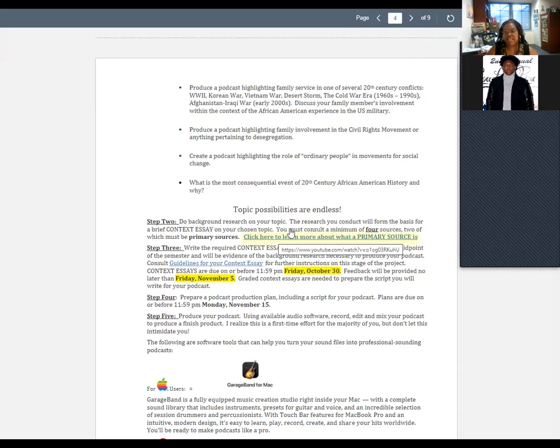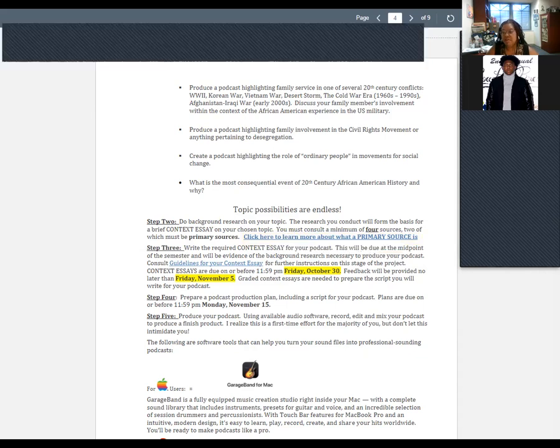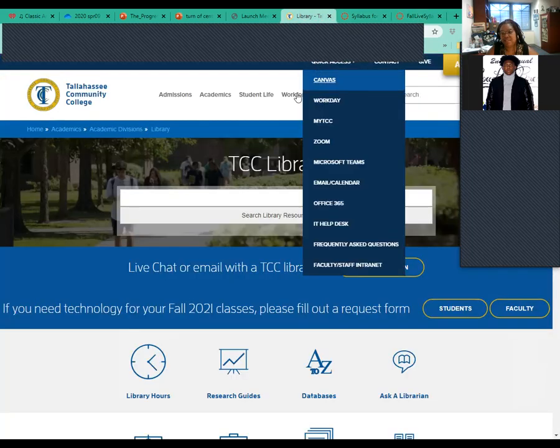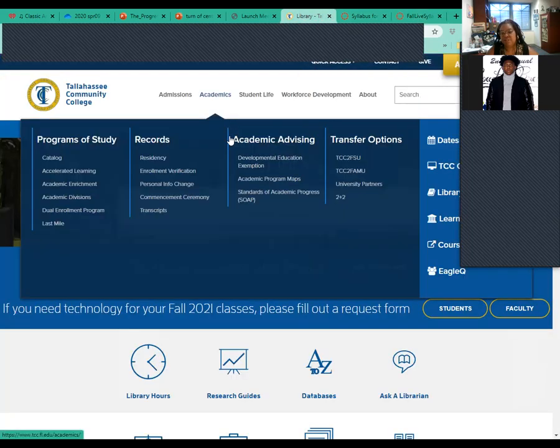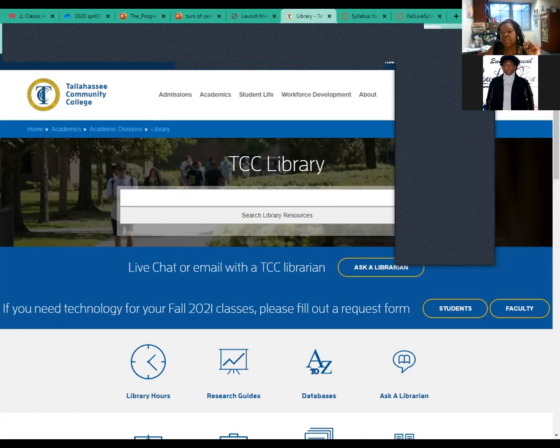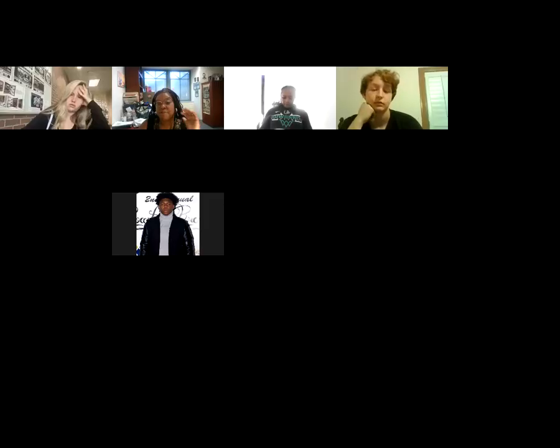Now, at this juncture, I am going to switch screens so that I can pull up for you the TCC Libraries homepage. This is the TCC Libraries homepage. Now, before I get into this part of the workshop, let me just find out how many of you are familiar with academic databases.